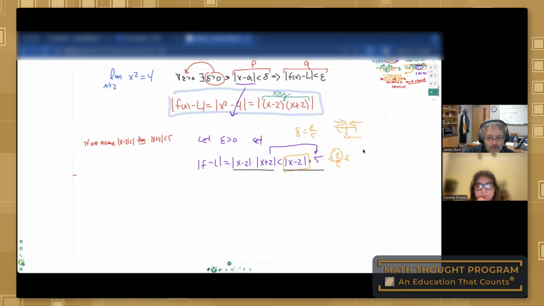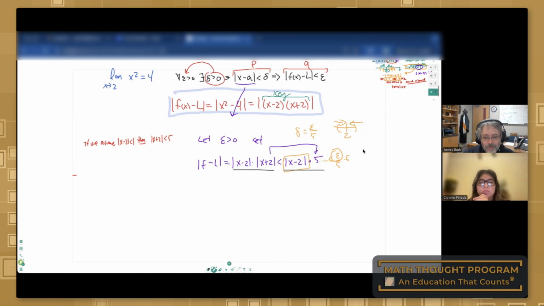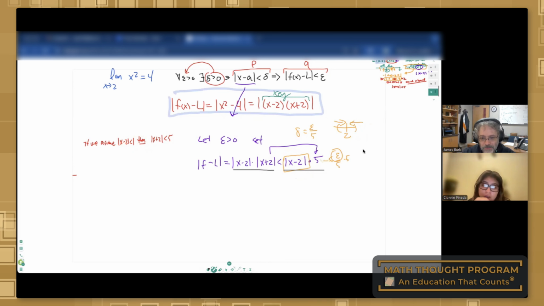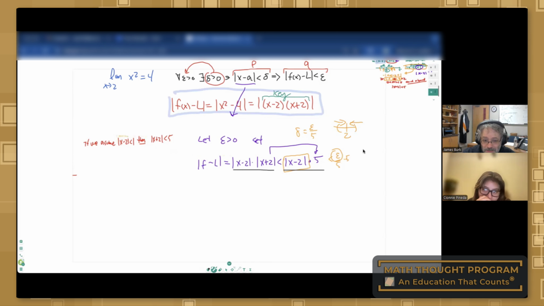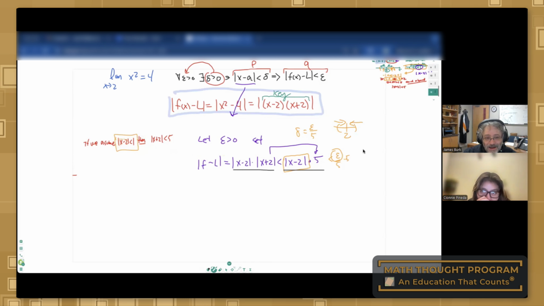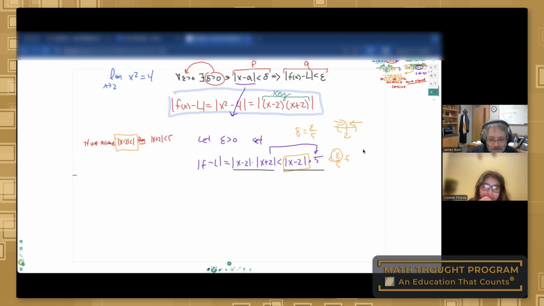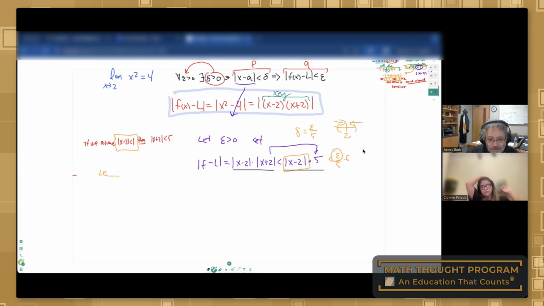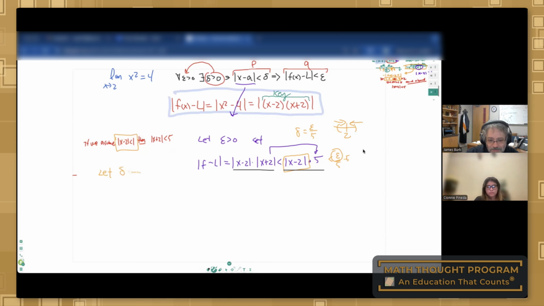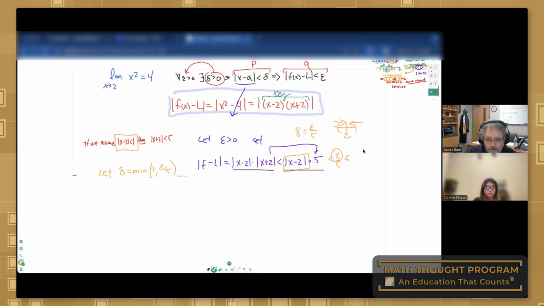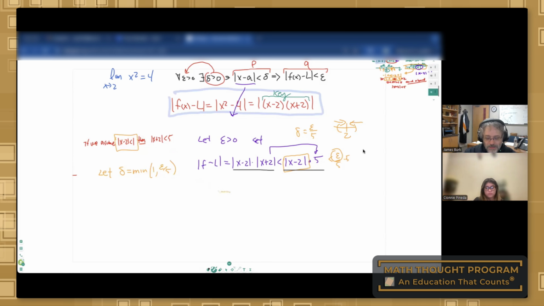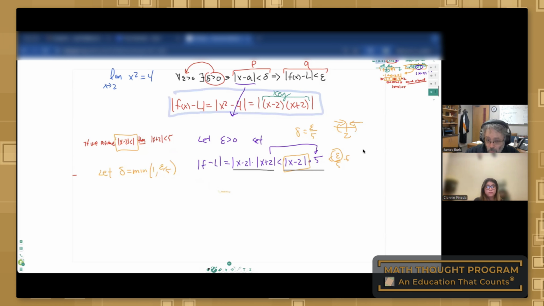Now, really, to get the delta, the next piece to this puzzle, since I'm making this assumption, I have to do one more piece. I have to say, let, and we're going to define delta as a minimum value. And I think that's going to address the question you had there, because we're going to break this into cases. If that's going to be the minimum,